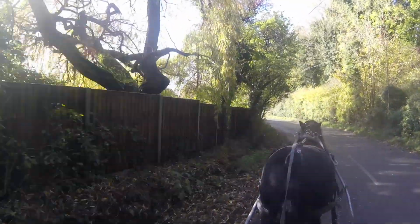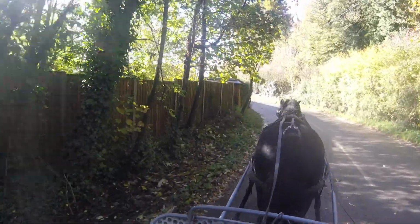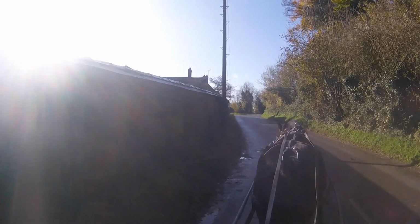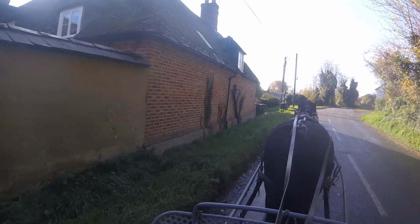So, why do we pull the sheet of metal? I keep repeating myself when I say this, but when I was out many years ago, I was driving a pair of horses, and right by the side of me a man lost his exhaust. It came off the car. He wasn't speeding or anything, doing about 25-30 miles an hour in a town. It came off right by the side of the horses. Well, obviously it startled them, and they wanted to take off, these horses got really upset. What I've found out over the years is that as long as you introduce it to them and they get to understand it and know what it is, that type of noise, that grinding, scraping, dragging noise